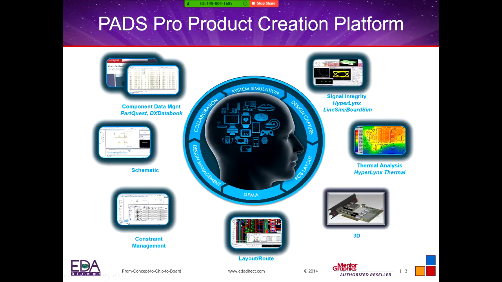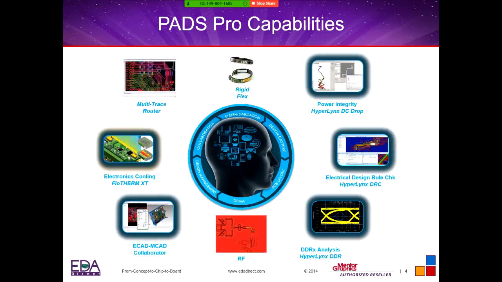You'll also get thermal analysis with HyperLynx, and you'll also get signal integrity pre and post design with HyperLynx that will come available with the tool as well. So this is all included in the setup tool for the Pro, but there's also other capabilities that you can use to add on,